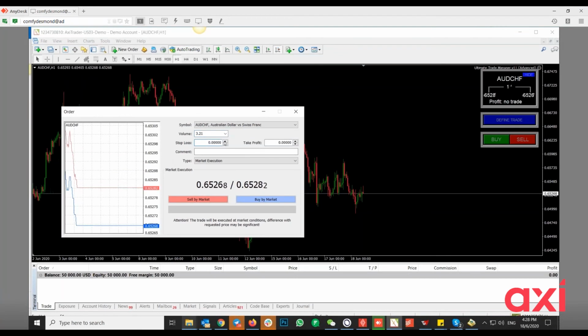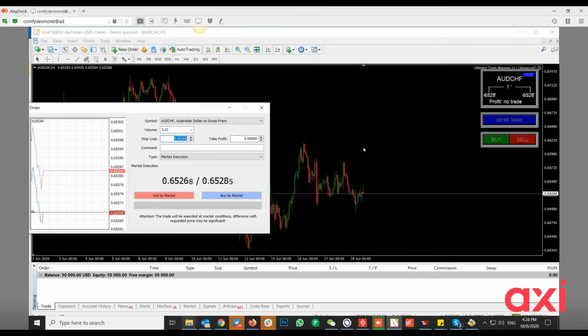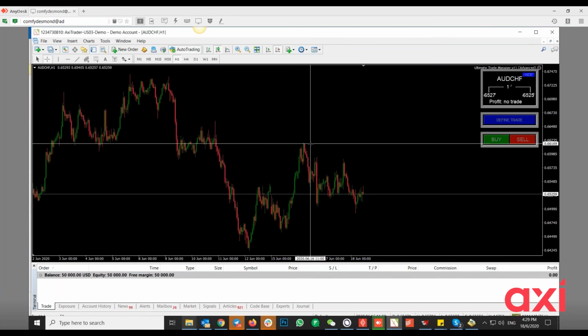My stop loss is, okay, so this is the part where you need to check. How do I calculate? So see, that's the problem. This is why I have a love-hate relationship with MT4. I don't know the price. I know it's 37 pips, but I don't know what is my stop loss price. So I need to close this, come back here, and see, okay, I think my stop loss price was